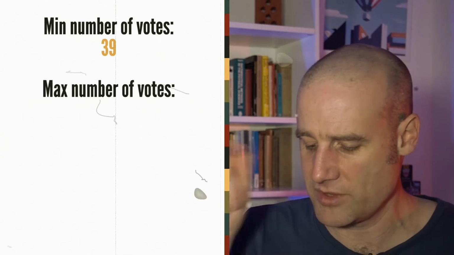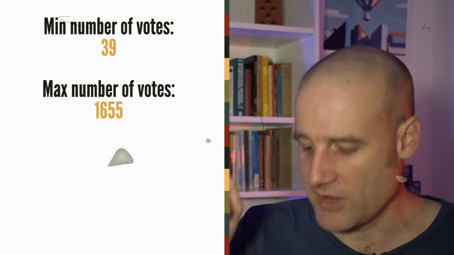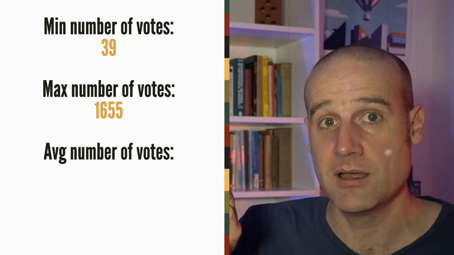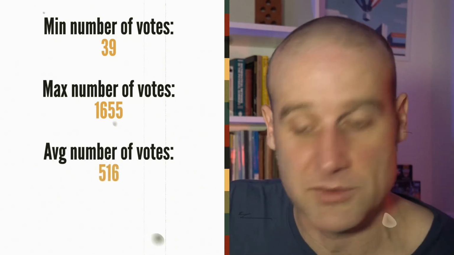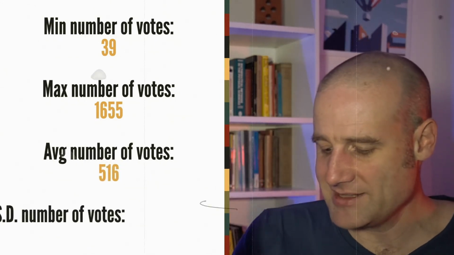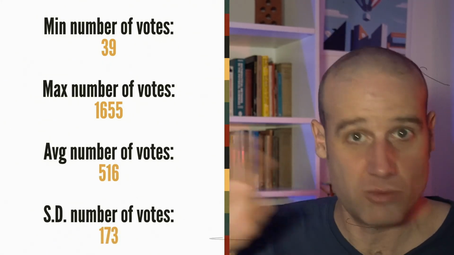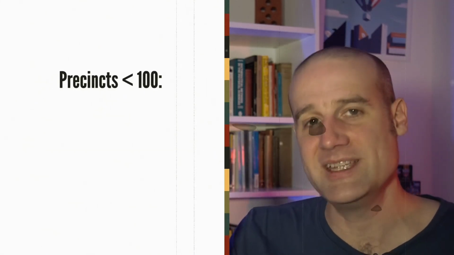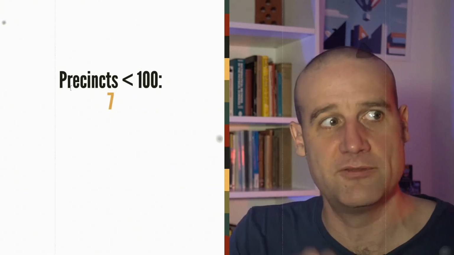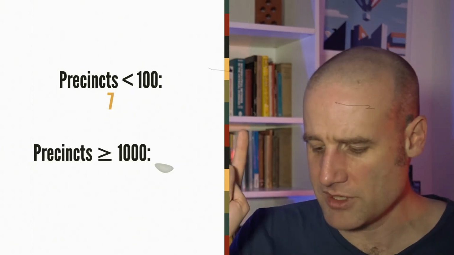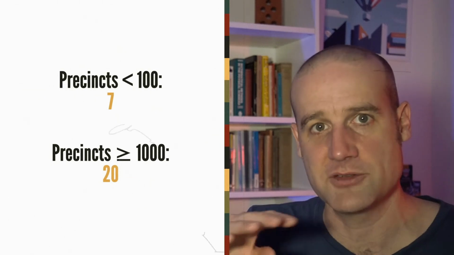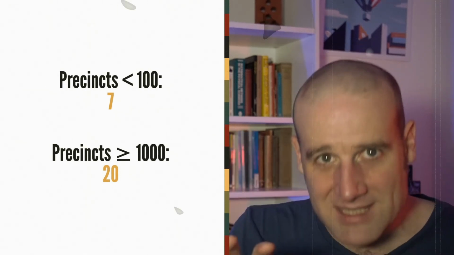The biggest one had 1,655. The average, however, was about 500. It was 516, and the standard deviation is super tight. They're all clumped roughly around the middle. There are only 7 precincts which had fewer votes than 100, and there were only 20 precincts which had 1,000 or more votes, which means